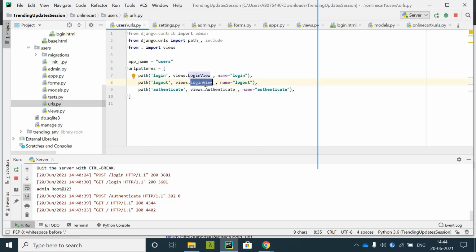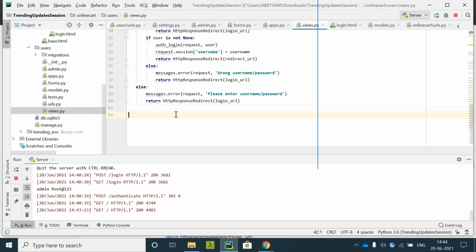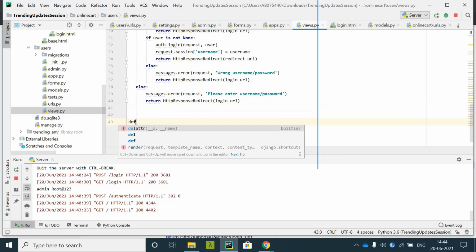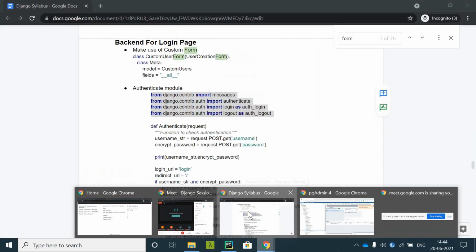From logout you will come here and write a function logout which will have the request, and say pass.